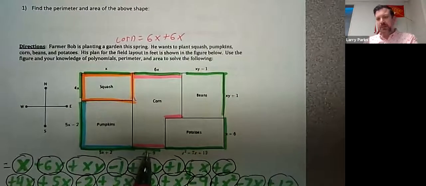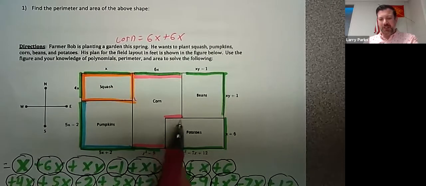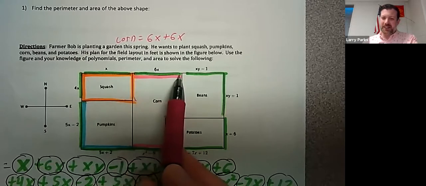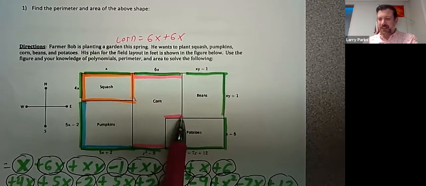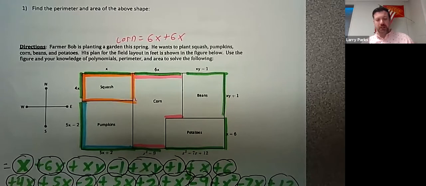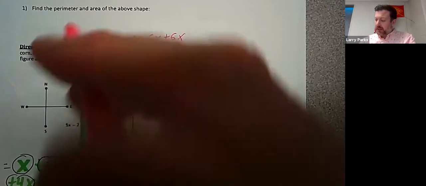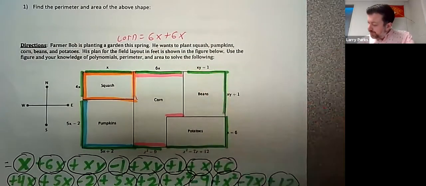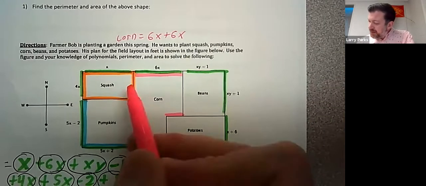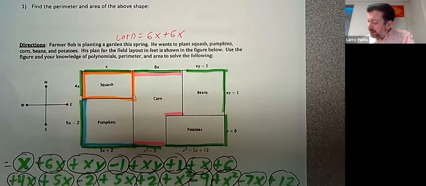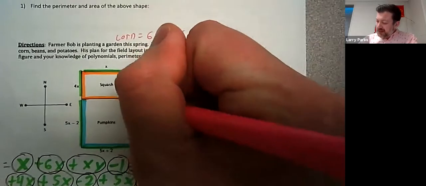And I'm not using the x squared minus 9 because there's no way to find this without doing a whole bunch of math. And it's just much easier to say that if this is 6x, then so is this, 6x. Now the whole thing going this way is going to be, here's where it gets confusing because this problem actually makes, well, I guess because of the y, but this whole thing,